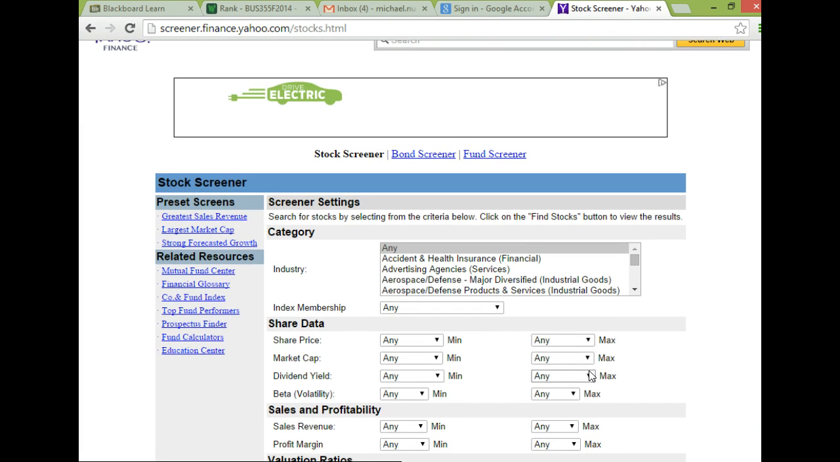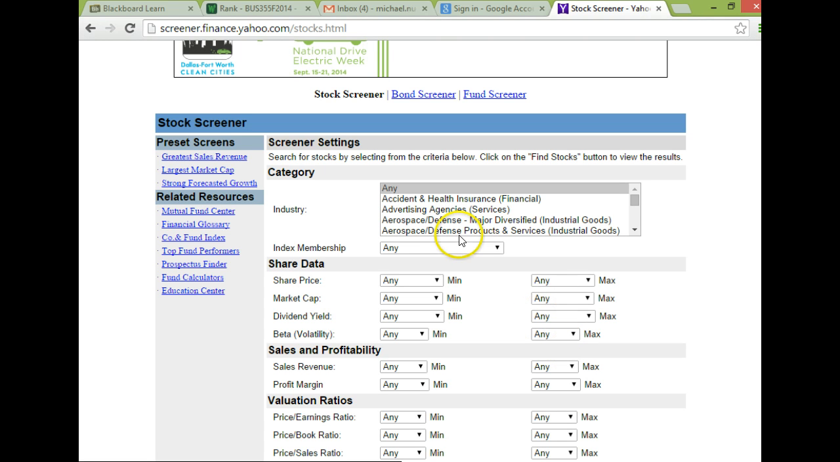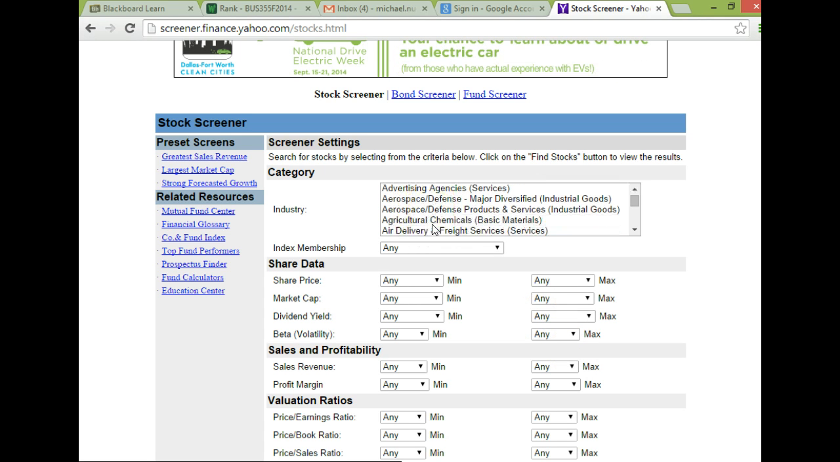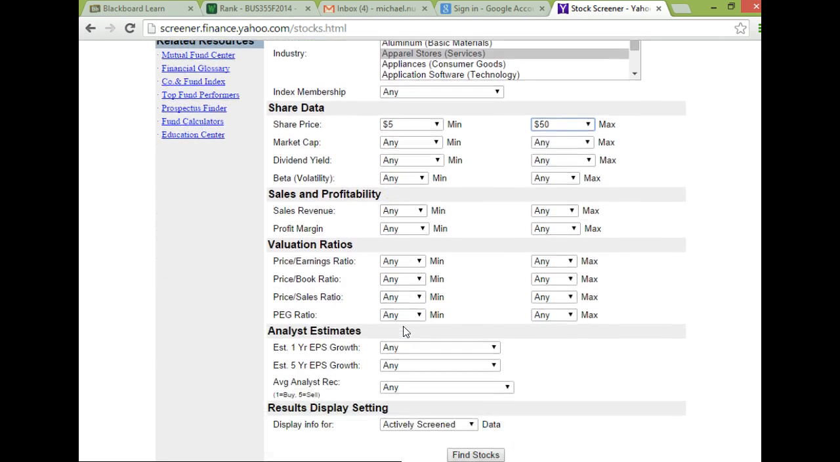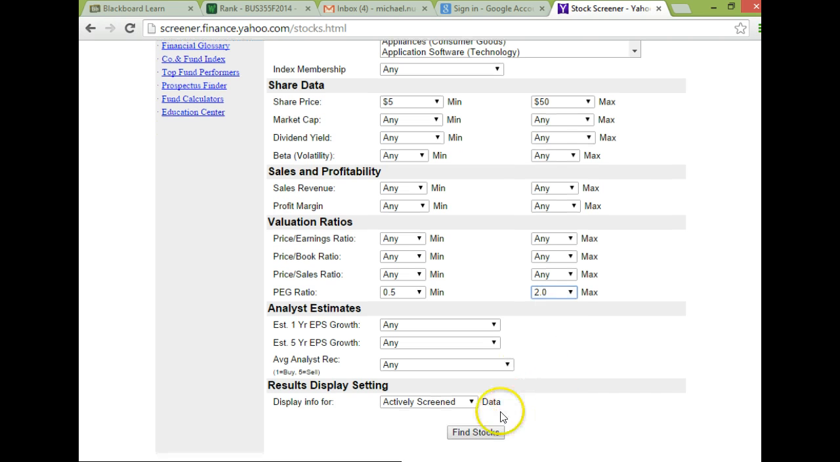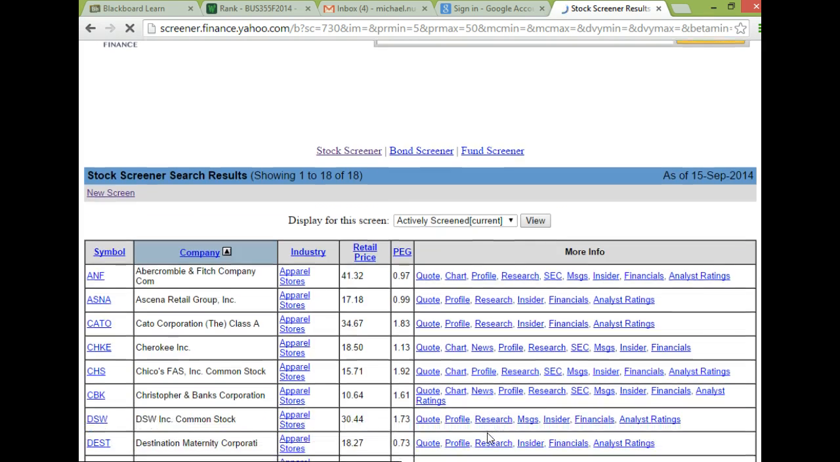And like I was saying, I can pick a particular industry. Let's see, maybe apparel. And then I can put in a share price, maybe between $5 and $50. Market cap, PEG ratios, which is something we haven't learned yet, but we will learn. And then you could say find stocks, and it'll go back, and they found 18 stocks that fit